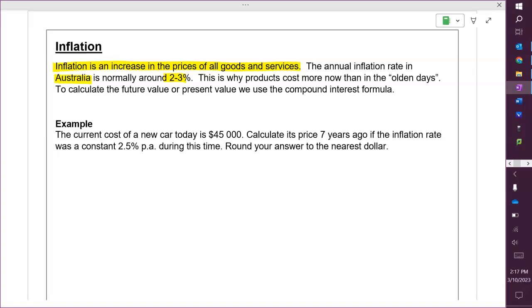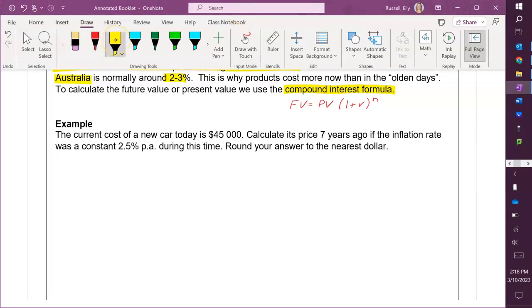So to calculate the future value or present value, we need to use our compound interest formula. We looked at that last lesson, so we need to just take a recap of that. That is our FV equals PV, 1 plus our rate to the power of the number of terms or periods that we're using. So in our example, we have the current cost